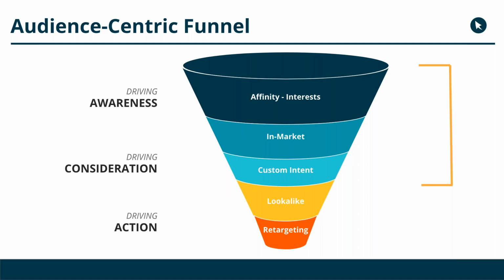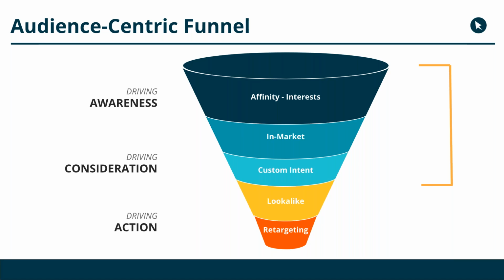At the top, you see affinity and interest. This is the tactic that an advertiser would use to target people based on what they're interested in or what kind of signals they've given for things that they like and things that they follow. A little bit further down the audience funnel, a little bit more towards the action side, is the in-market and